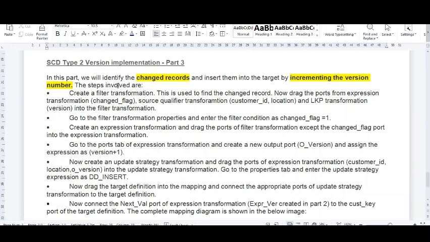by incrementing the version. At that time, what will happen in our scenario? Same way, create a filter transformation. This is used to find the change record, and now drag the port from the expression transformation, the change flag. This time we'll check the change flag in the filter transformation. Previously, if you notice, we used only the flag, first flag, new flag,